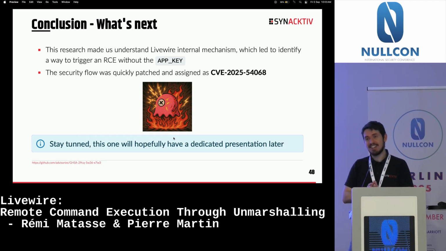But, as you saw, there was already so many things to discuss during Nullcon. So we did apply for another CFP in order to go deeper inside this particular vulnerability. So yeah, there are other things, other tools, and if you want to continue our journey with us inside Livewire components, stay tuned. We might, hopefully, get taken inside another conference in order to continue this little journey and to show you how we can mess a little more with Livewire components. So we really hope you did enjoy this